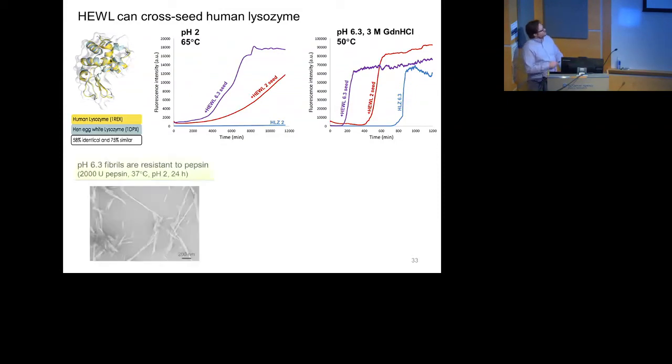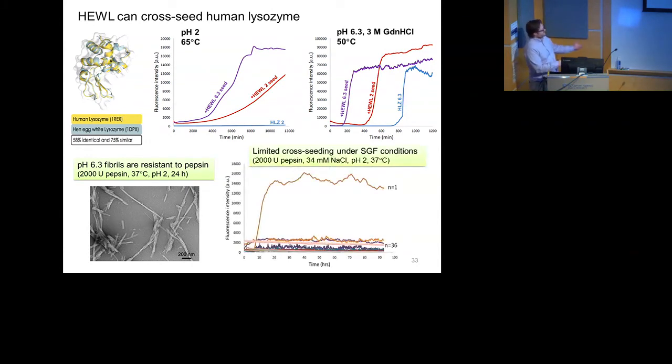formation. We treated these fibrils with pepsin just to see if they would survive gastric fluid. It seems like they do. So these are the fibrils. They're getting sort of a haircut from pepsin, but the fibril is still intact. This is cross-seeding under conditions that you would not find in the human body. So if you do cross-seeding under conditions that might be more similar to the human body, you basically get only 1 out of 37 samples showed any increase. This is kind of like an area that we're going to explore more, but most of the research on nanofibrils